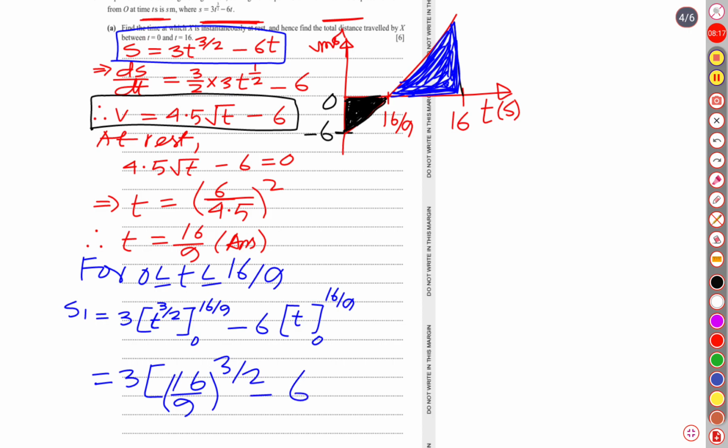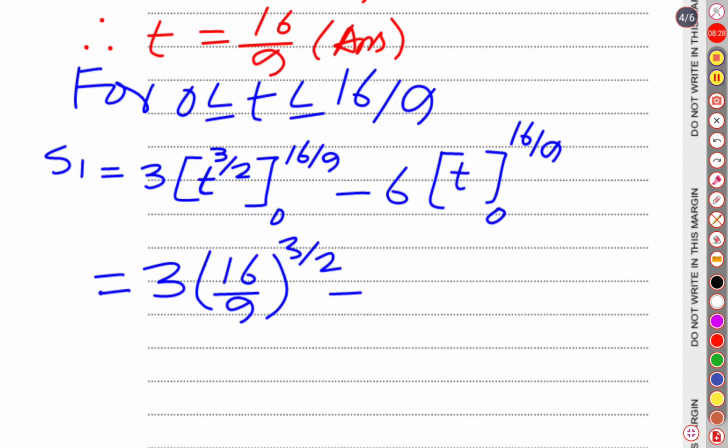Okay, 16 over 9, but here we will have to write this minus 6 into 16 over 9, because look at this, as our lower limit is 0, so multiplying something by 0, it will also be 0. And finally our S1 is going to be, using our calculator we will find that. And remember,